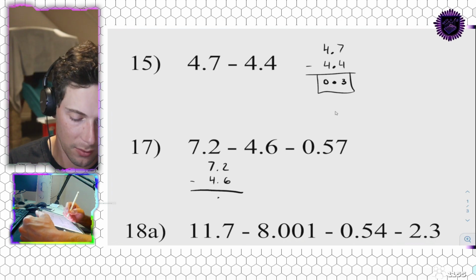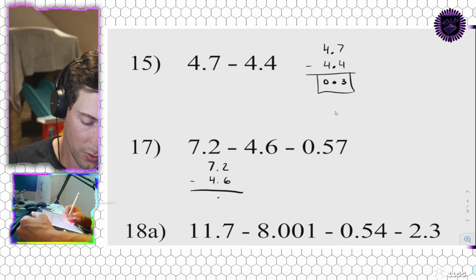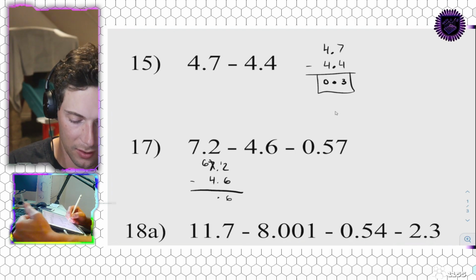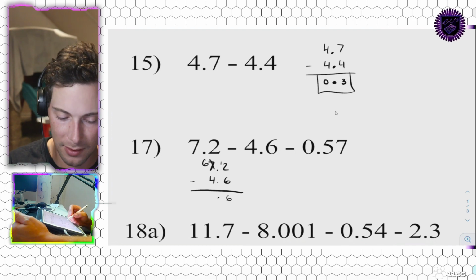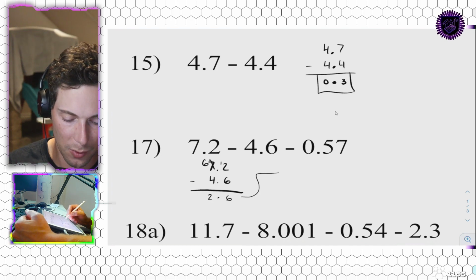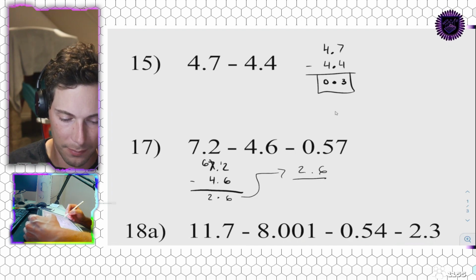Whatever makes sense to you. Let's do this the proper show your work way, and we'll borrow. This will become 6. That'll become a 12. That's a 6 because 12 minus 6 is 6. And 6 minus 4 is, we have 2.6 left. We're going to take this 2.6, put it up here, 2.6, and then we're going to take away